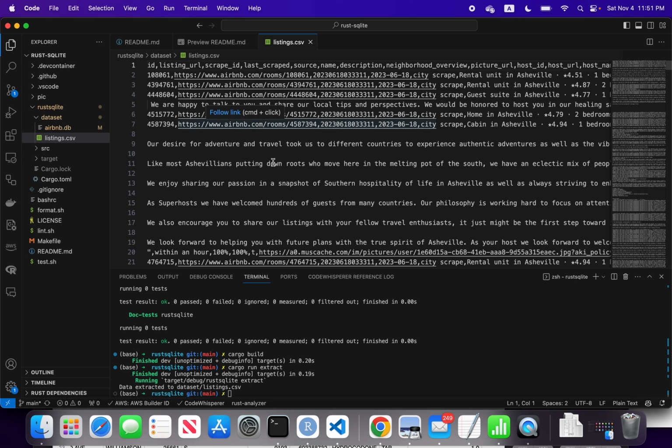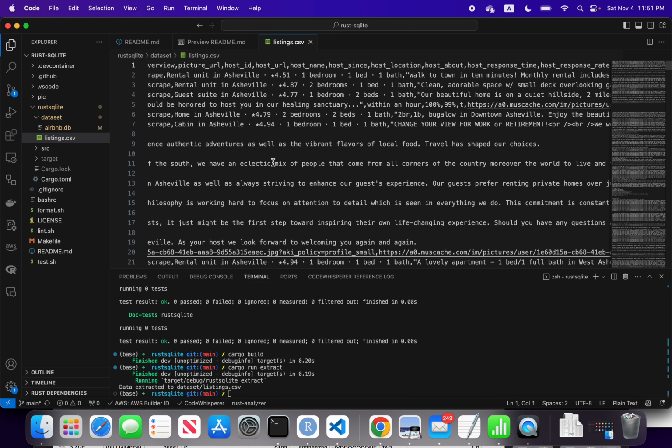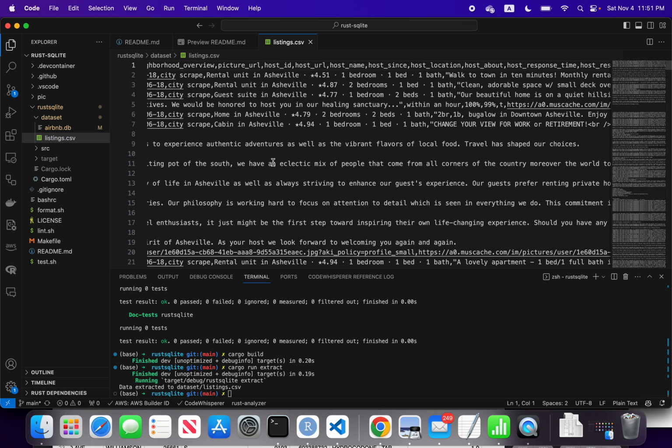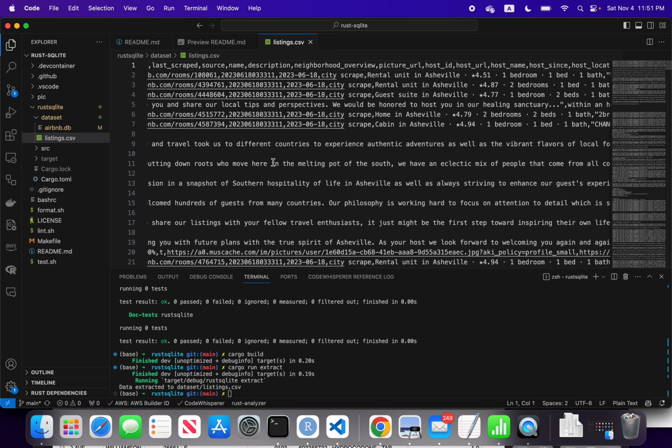So we can have a look into this listing.csv file. Basically, it's a data set of Airbnb data. So you can see the Airbnb entries. There are quite a few attributes regarding those entries, including review, neighborhood, and the price. You can find out more detail from the document. So next step, I'm going to share